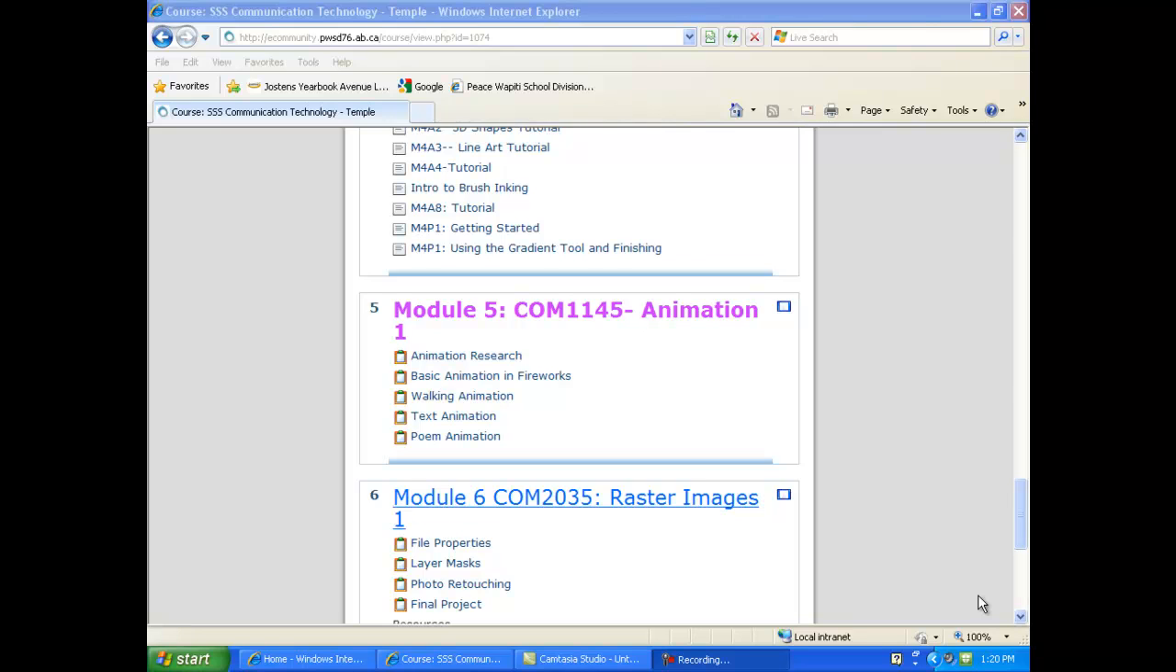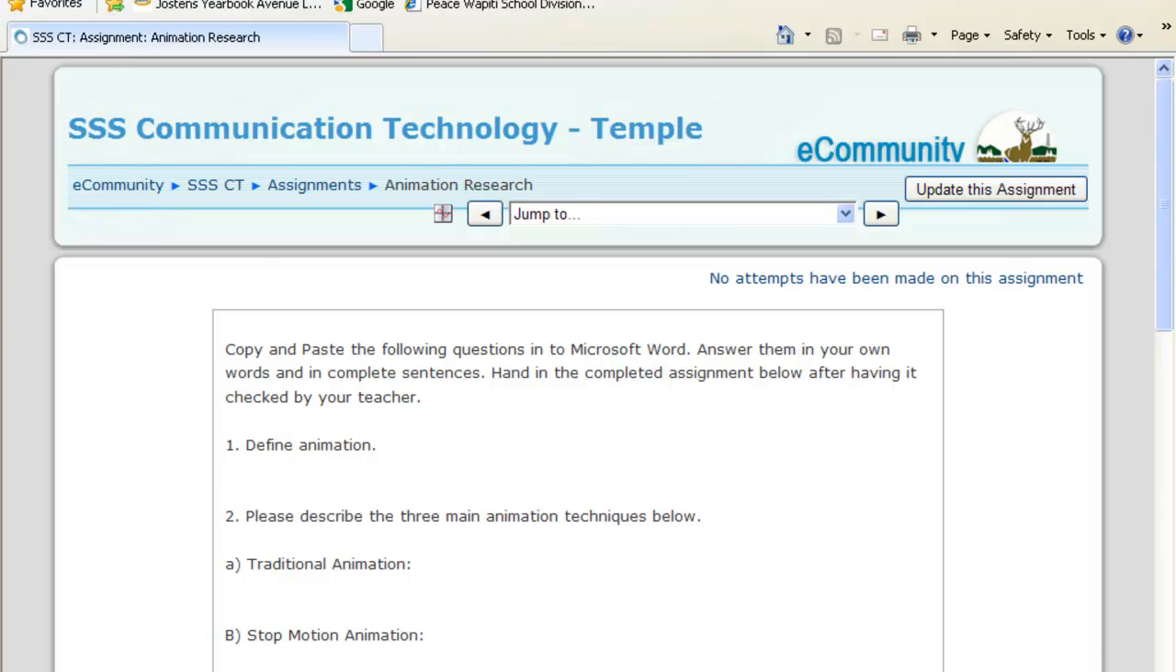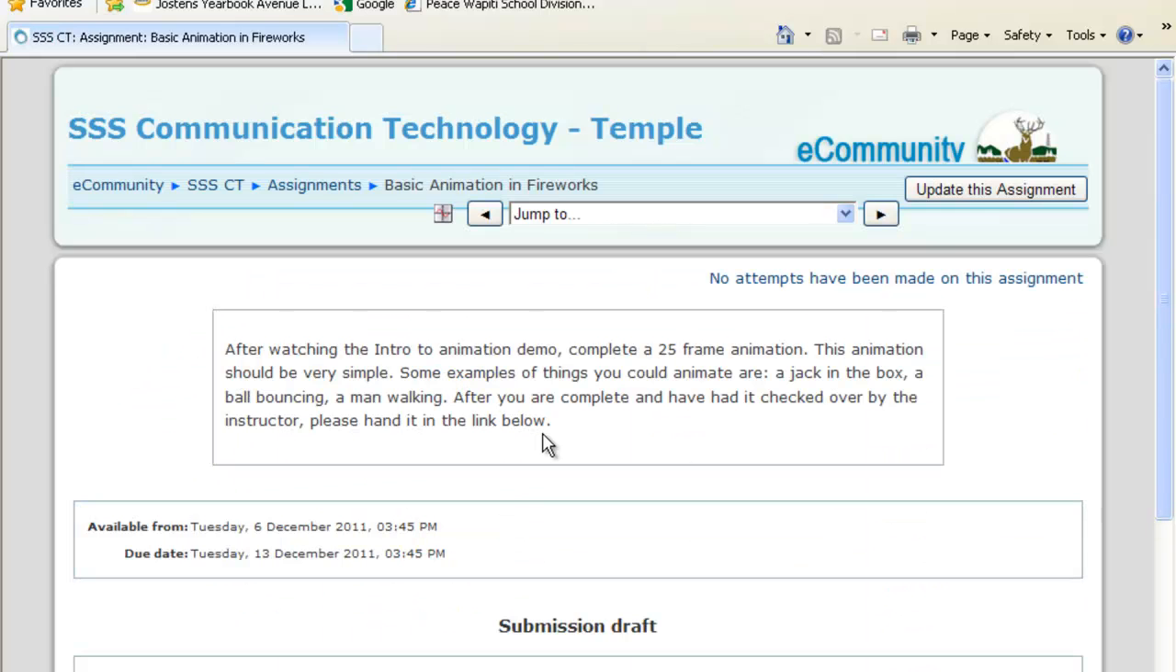World of animation. In this module you're going to be learning basic animation using Adobe Fireworks. So the first thing you're going to do is read the assignment. You are going to complete at least a 25 frame animation, and it should be very simple. Some examples are a jack-in-a-box, a ball bouncing, a man walking, but we do a man walking later on, so stick to a little bit more simplistic right